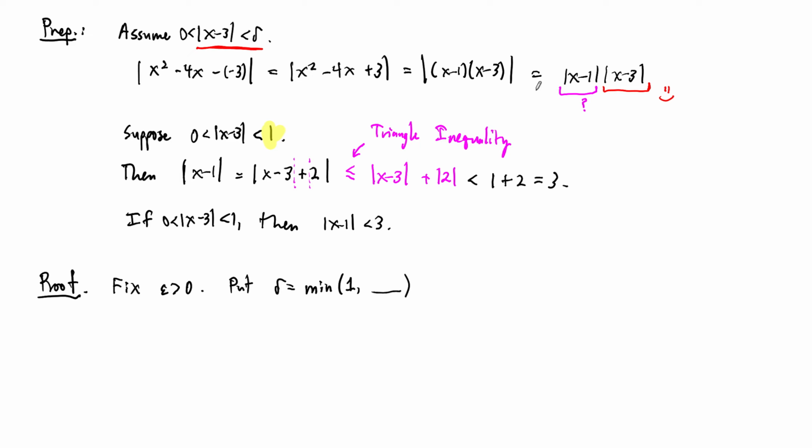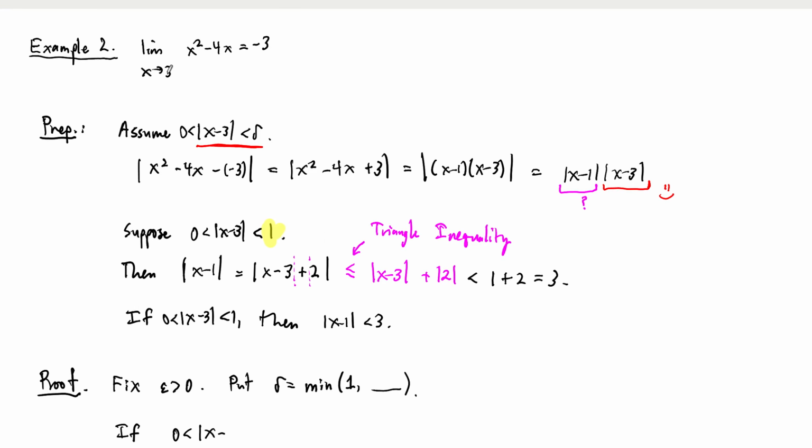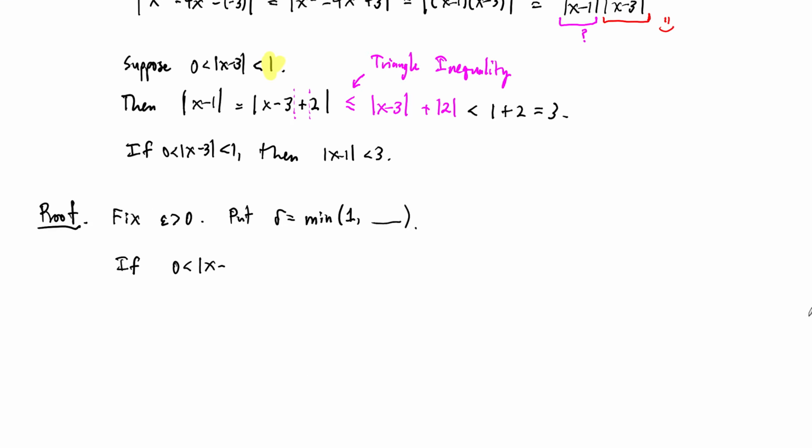We're almost there. It won't take much work because we don't have to redo everything that we just did above. It's going to be the minimum of 1 and blank, and the 1 is the number that we chose here. If you choose a different number, that's what has to go in this minimum. And then we say, remember our limit is as x approaches 3, so if |x minus 3| is less than delta, but greater than 0,